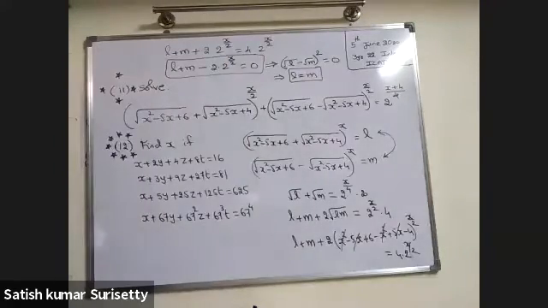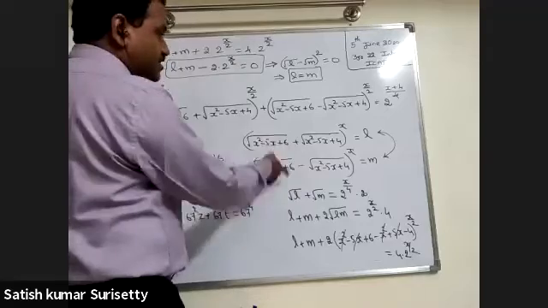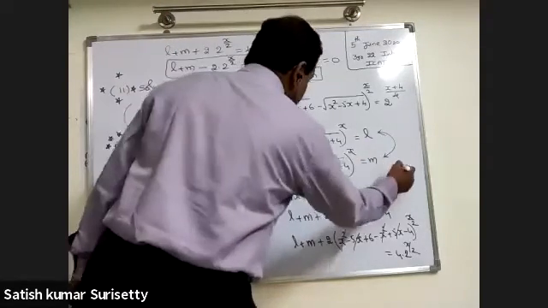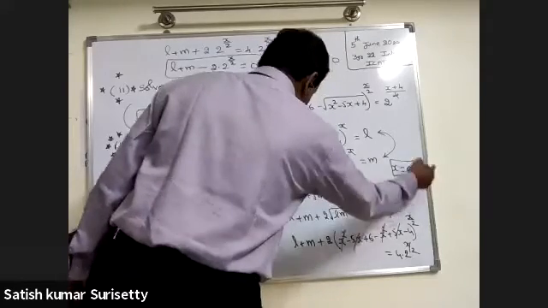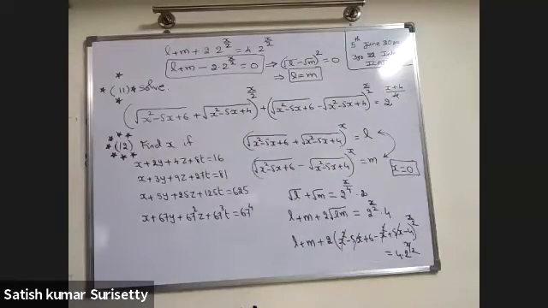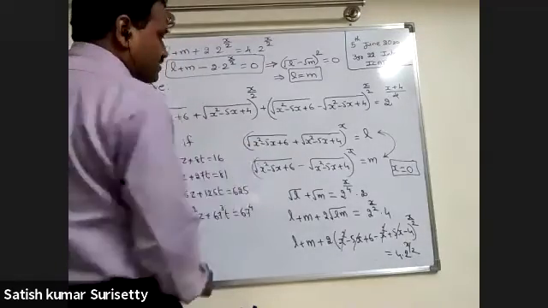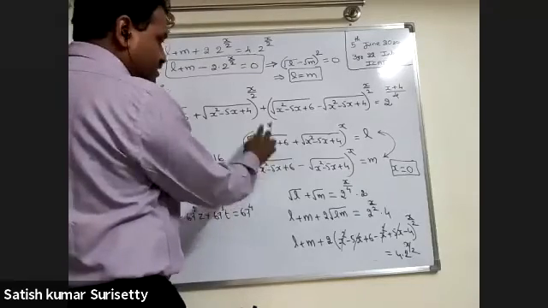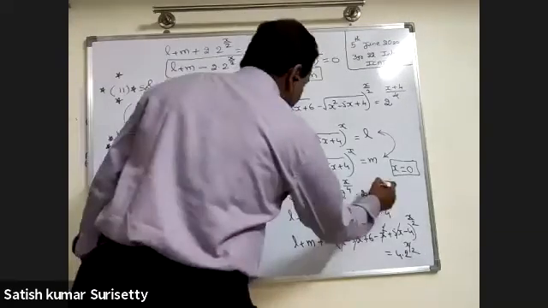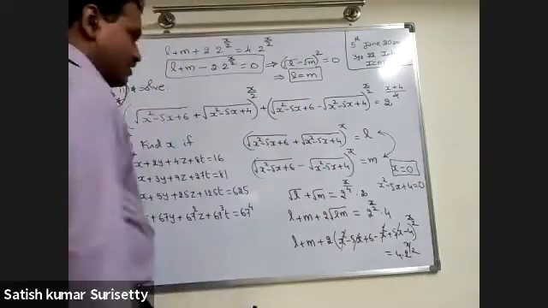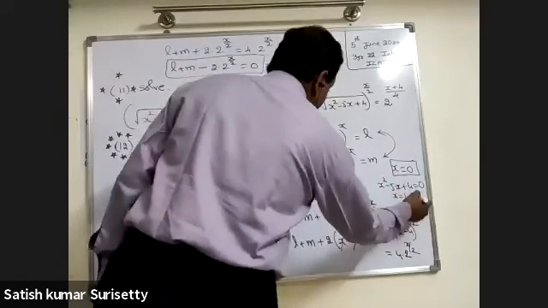When L equals M, these two are equal. Now, under what conditions will these two be equal? Either the bases must be equal or the exponent must be 0. So the exponent must be 0 means what? x equal to 0, your guessed solution. Or the bases must be equal. Bases must be equal means, is there anything that gets cancelled when I equate the bases? Root of x square minus 5x plus 6 gets cancelled. Then what is left is x square minus 5x plus 4 equal to 0. So what are the values? x equal to 1, 4.